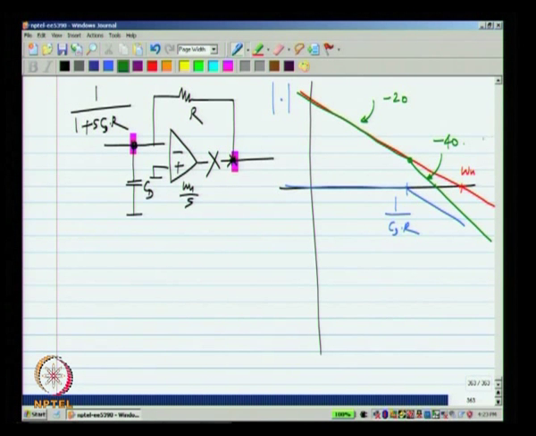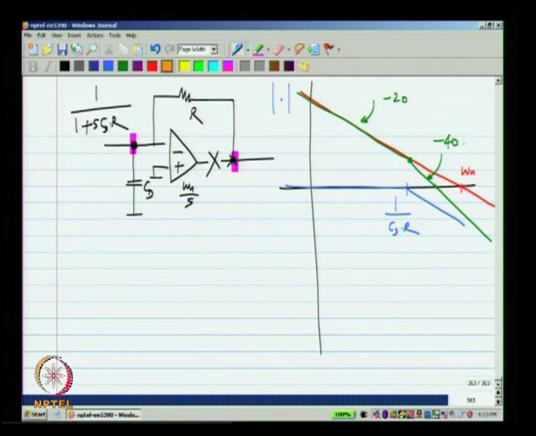Now, this is clearly a problem. Our stability criteria show that when loop gain crosses unity, the slope has to be around minus 20 dB per decade. That is, it should have an integrator like behavior or a first order behavior when it crosses unity gain frequency. We have analyzed this in so many ways. We said that it should behave like an integrator, or the Nyquist plot should cross the unit circle around the negative imaginary axis and so on, and this is clearly not doing that. And this is a problem because we have chosen a very high value of omega_u.